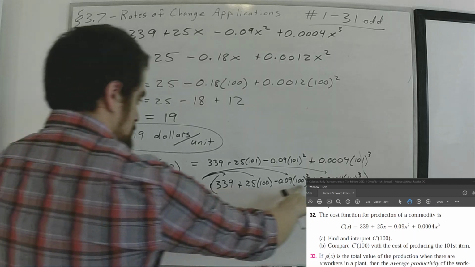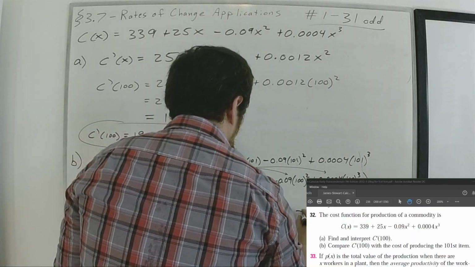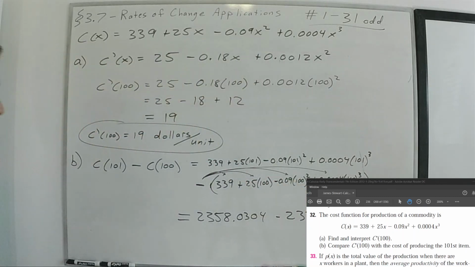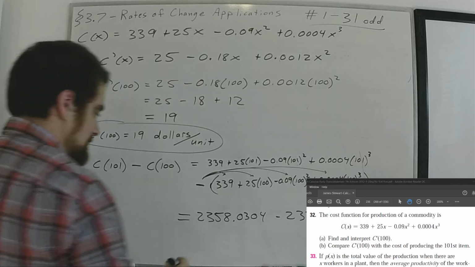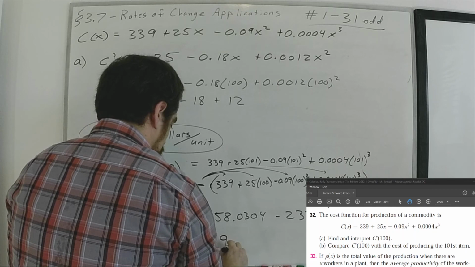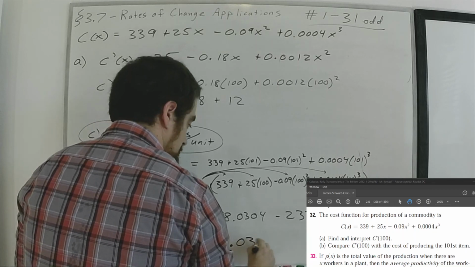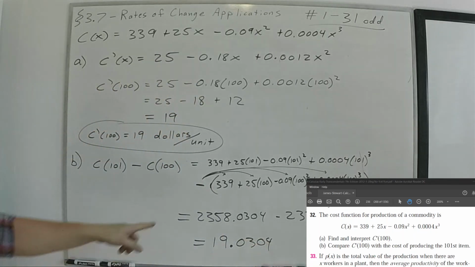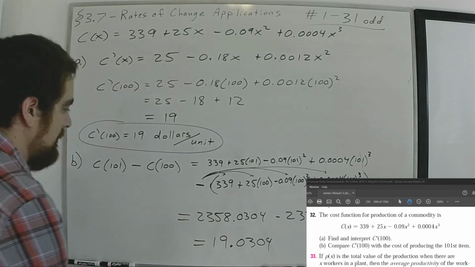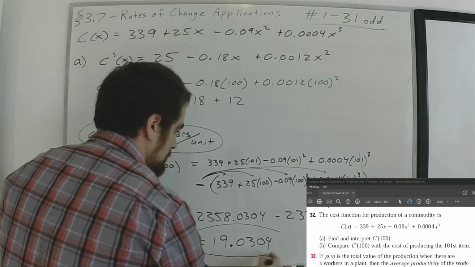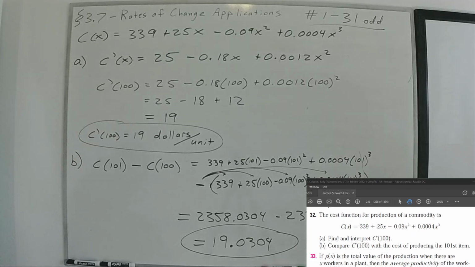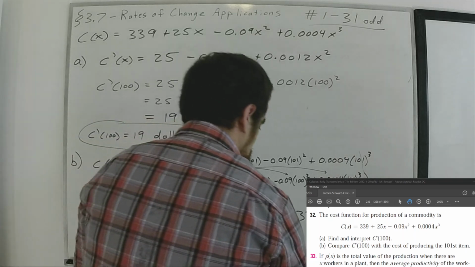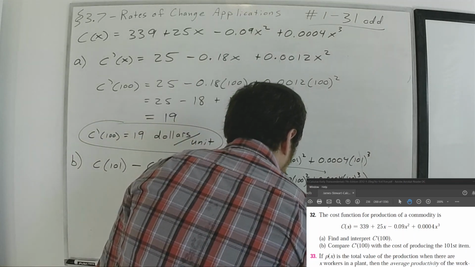So this one gives me 2,339 when I plug in 100. So I'm going to take that difference, and I get 19.0304. So it actually works out so that I get really close to that 19. So this is the cost